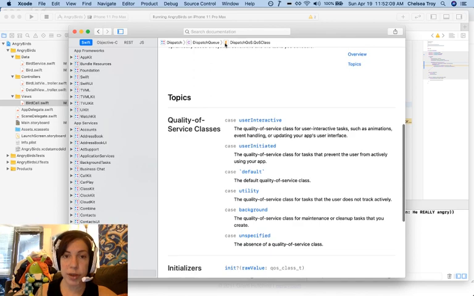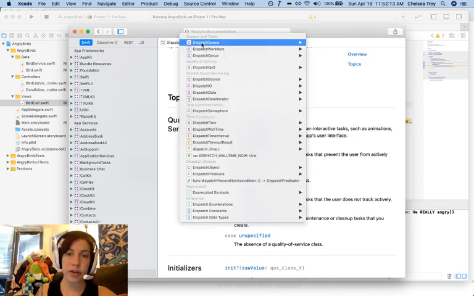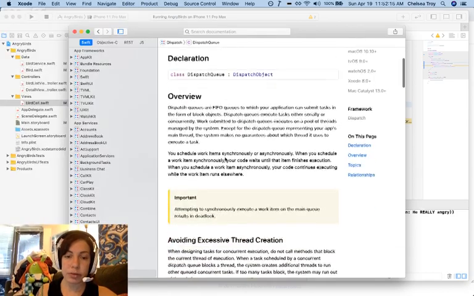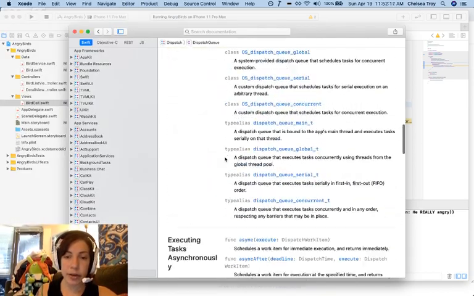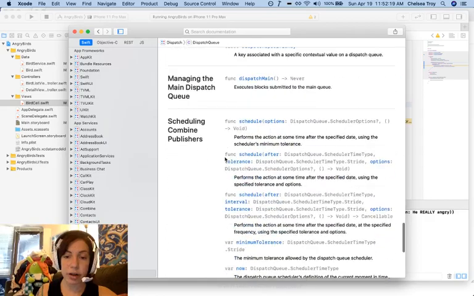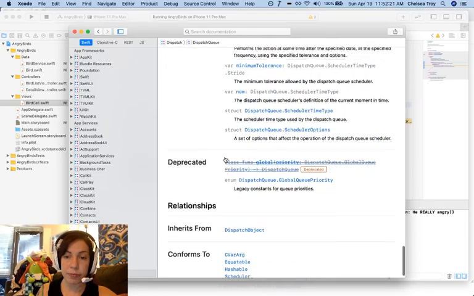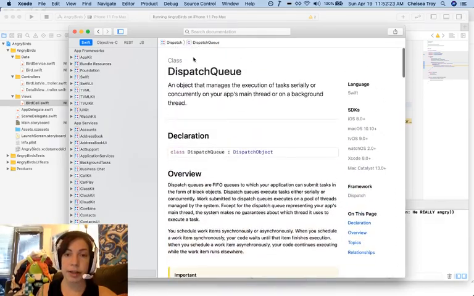Great. So we see this. Let's back up one more in the documentation to the dispatch queue itself. And here you can see that you can get even more information about the dispatch queue. Finally, if we return to the quality of service class,